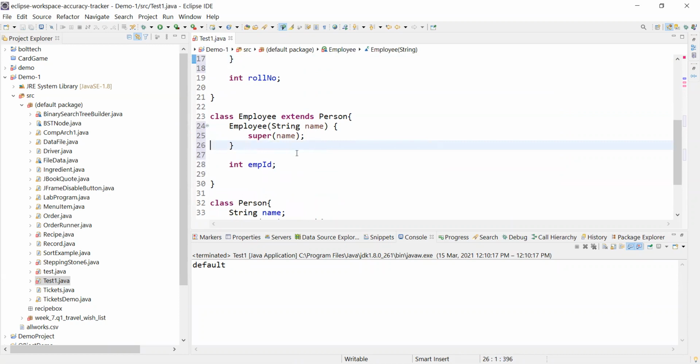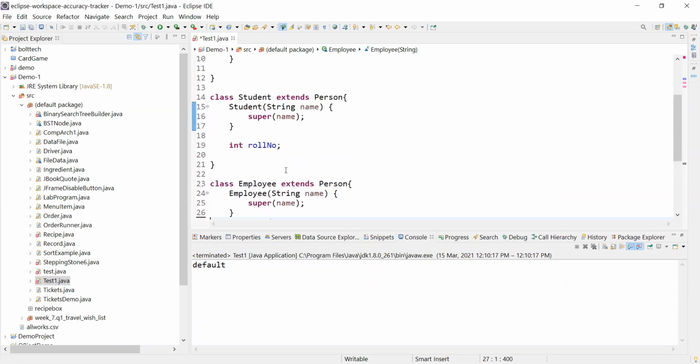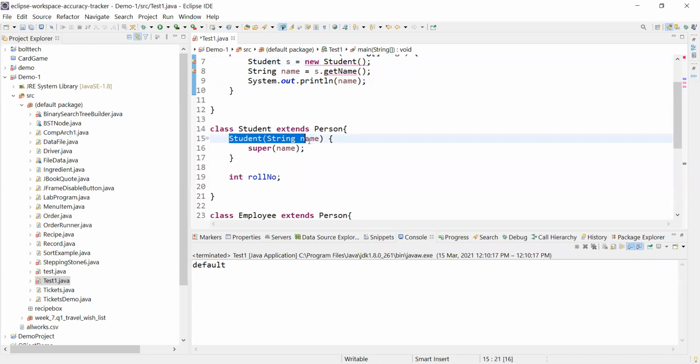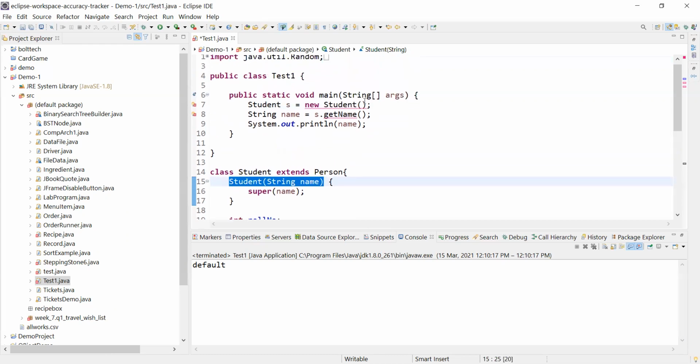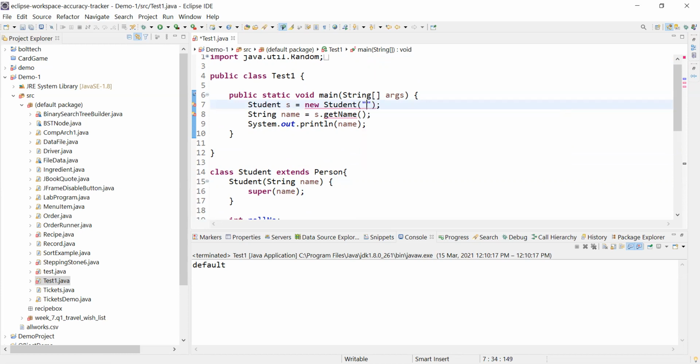So you can see from this example, when we use new Student, we are going to pass a name like this. Let's say the student name is Anuj, for example.